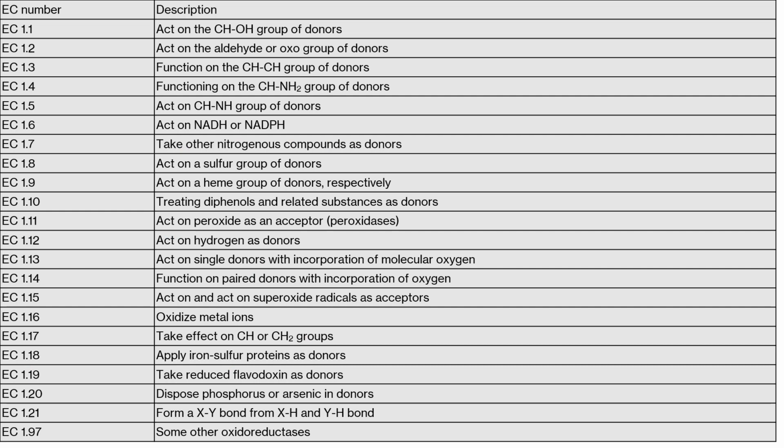So the first subclass is 1.1, which acts on the CH-OH group of donor. The second one is 1.2, which acts on the aldehyde or oxo group of donor. 1.3 acts on the CH-CH group of donor. So depending on the different types of oxidation-reduction reactions, we have different subcategories of